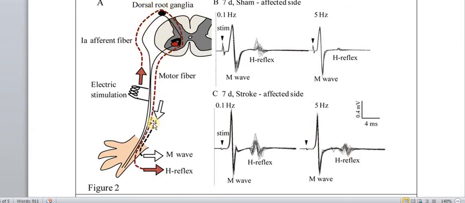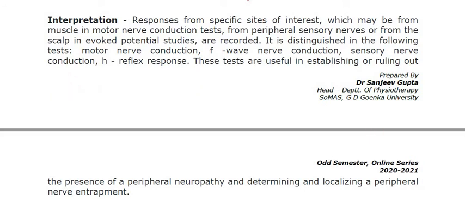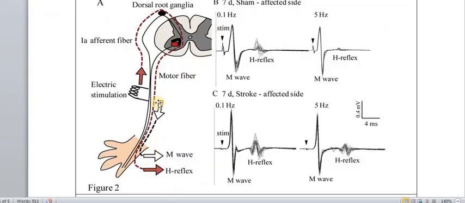So this is a test. This is known as H reflex testing or H testing, H response testing. So such things are done. As I said, these are highly specialized tests, normally not done with the routine physio equipment. So this is one part. You can do nerve conduction velocity, and based upon the nerve conduction velocity of different routes, you can calculate which route is having any gap.